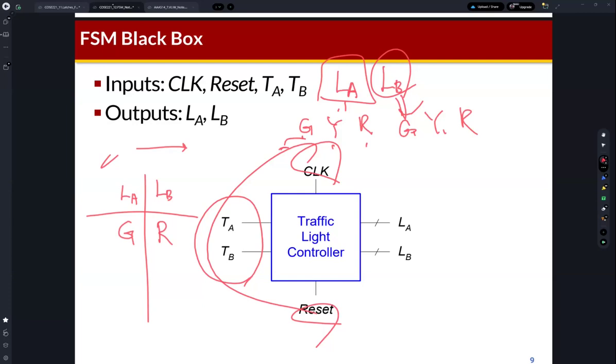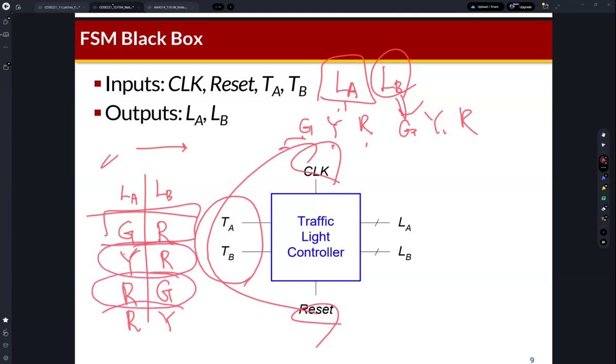So LA goes to yellow, but LB is still red. Then LA goes to red, and LB is green. And then if traffic is detected for the horizontal road, LB goes to yellow, and LA is still red. So we can define 4 possible